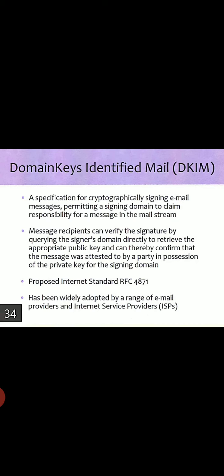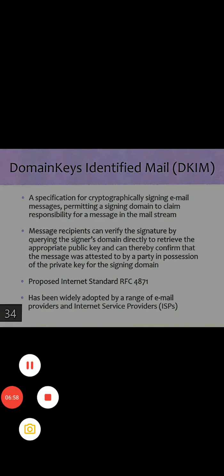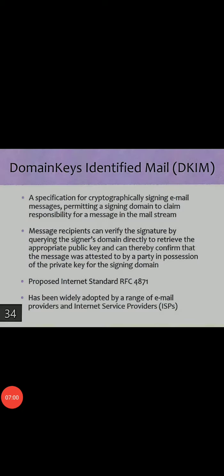Now it uses that key to decrypt the hash value in the header and recalculate the hash value from the email it received. If these two values match, then the MTA knows that the email has not been altered. This gives the user confirmation that the email was actually sent from the listed domain.